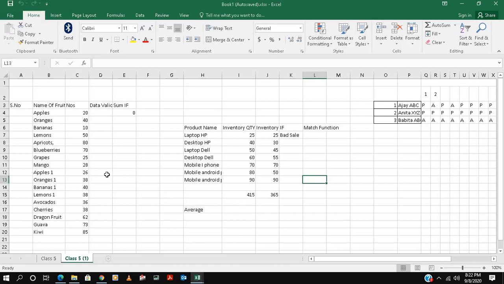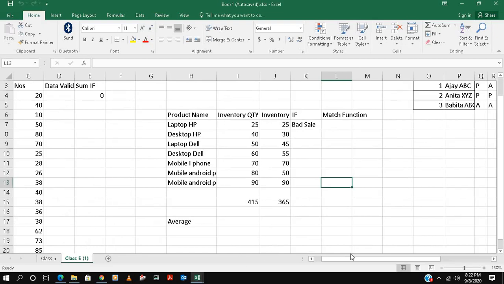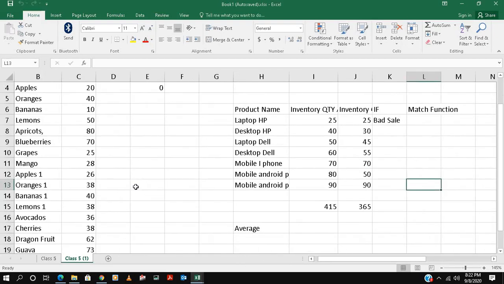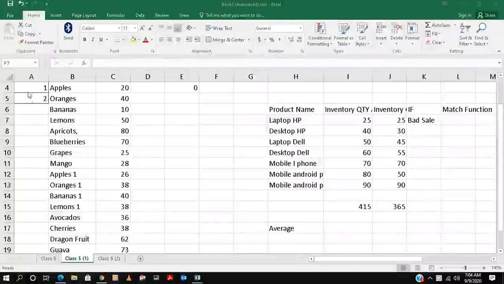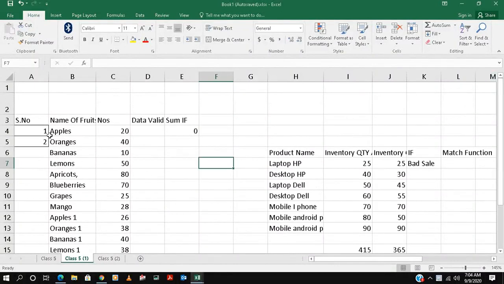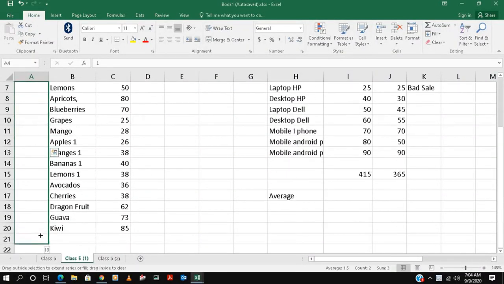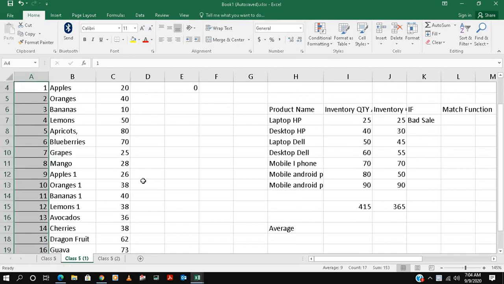First of all, I will increase the screen font, because I know you will not be able to see it. So I'm increasing this. Okay, and I will put in serial numbers. Okay, guys, we have already zoomed this, and we'll go to 1 and 2, and then drag it down, as we showed you how to drag.